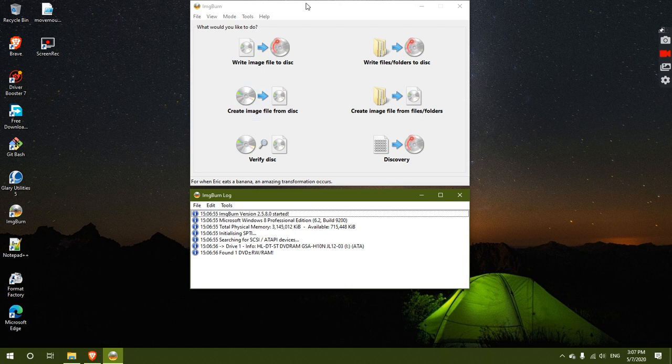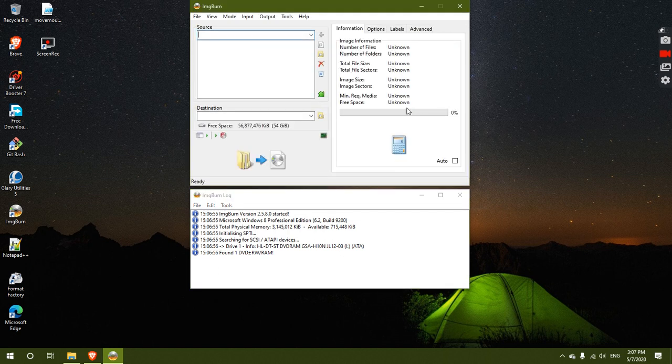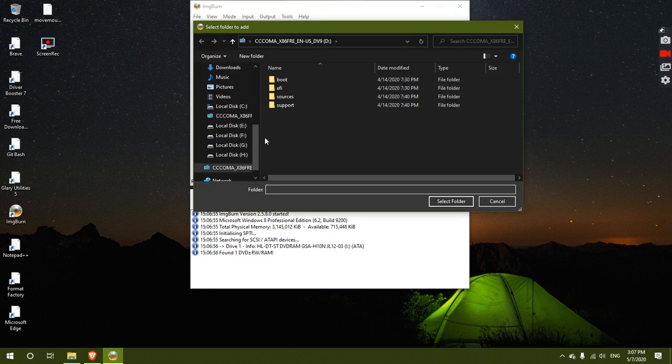When this screen gets displayed, what we have to do is click on this option, create image file from files and folder. When you open this, you need to select your pen drive in which the operating system resides. My pen drive is designated at drive D. This is my bootable system pen drive.